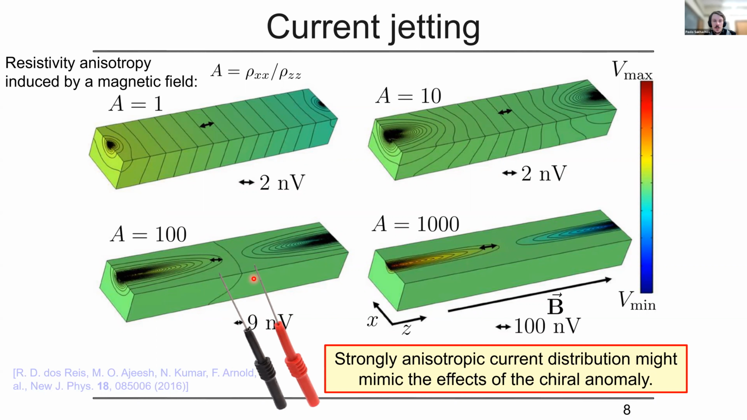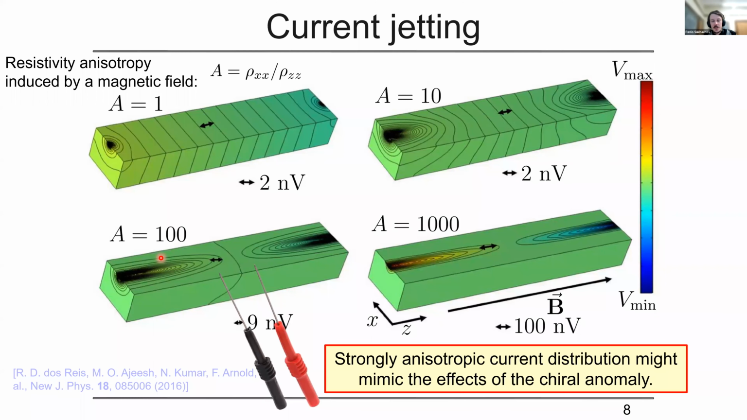But this voltage drop appears not because of the chiral anomaly, but just because of the redistribution of the electric current. And early experiments on Weyl semimetals were actually subject to this problem, and some of them should actually be revised. Nevertheless, some techniques were improved. And we can still claim that we can measure chiral anomaly in DC transport experiments, but such a